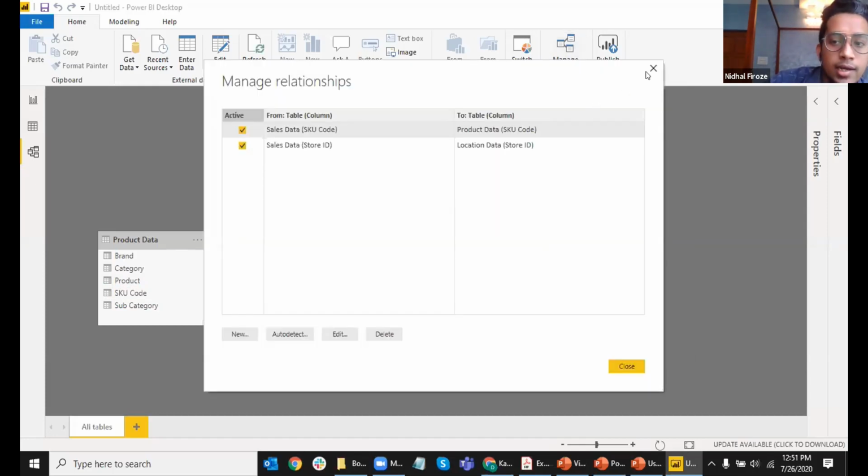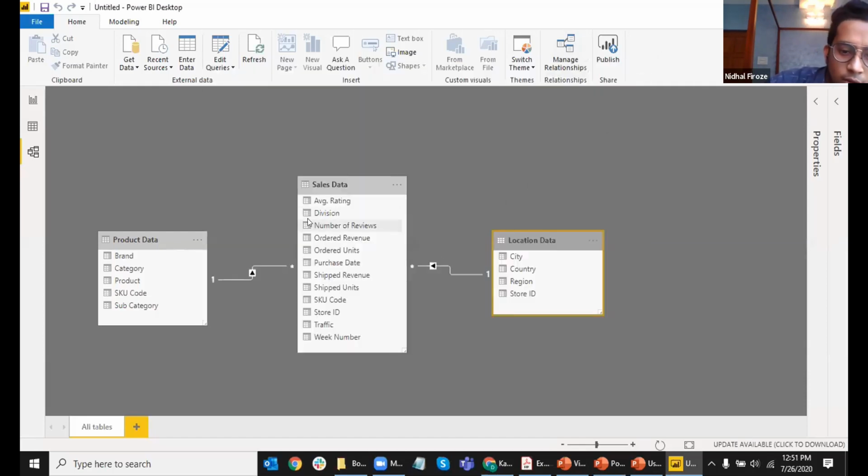So this is the auto detect step, which happens by default when you load a table, which you saw at the start. There was already an auto detect that happened, and one relationship was defined. We went back and fixed the column data for the other one, and the other relationship also got defined. So that's how your basic modeling works. Those are some of the options in basic modeling.